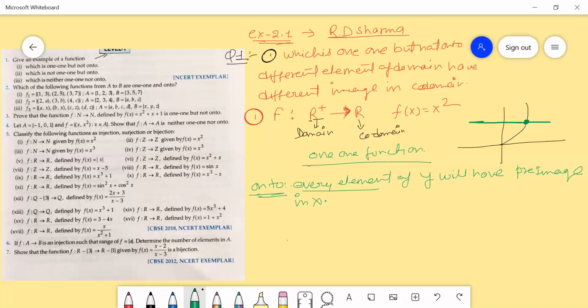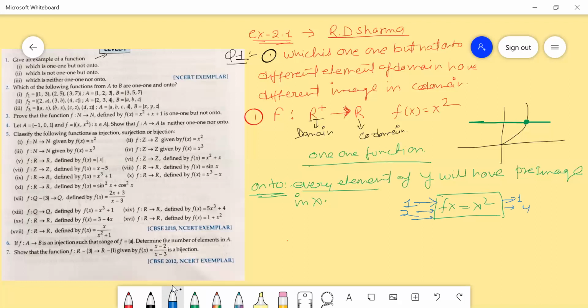So when we apply this function f(x) equal to x square, we have to take input that is all positive real numbers, not 0, right? Because 0 is neither negative nor positive. We take 1 as input, the output is 1. When we take 2, the output is 4.